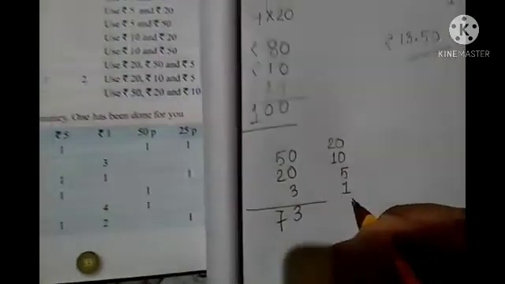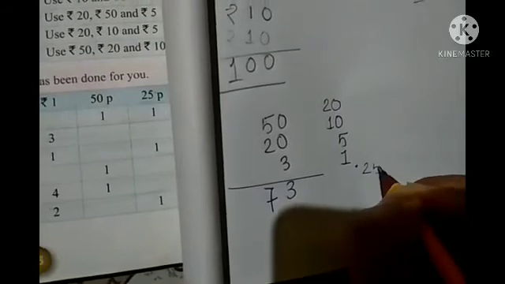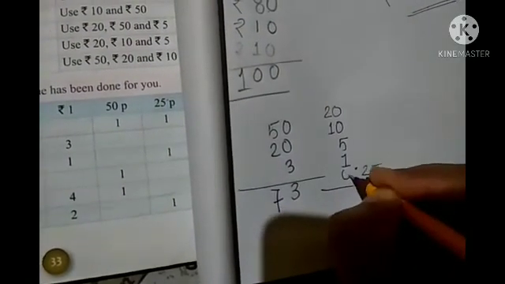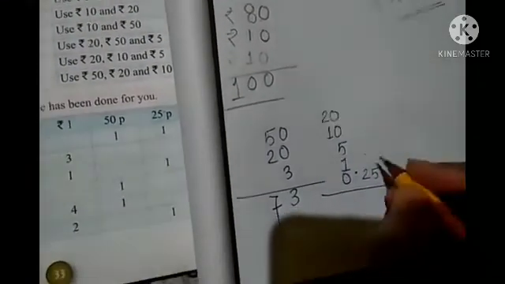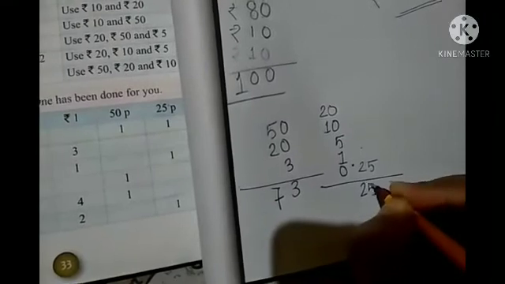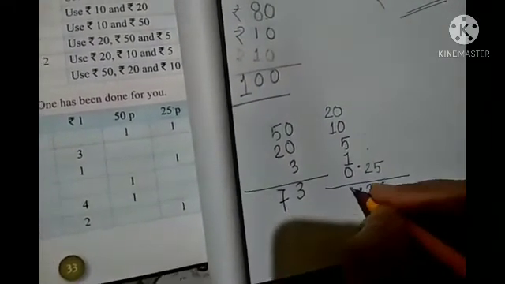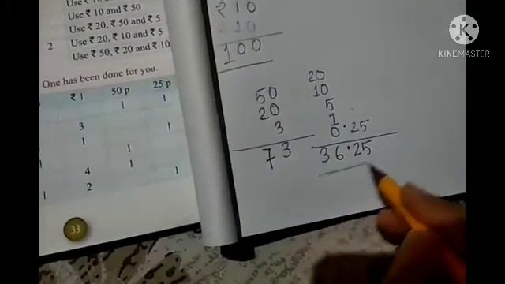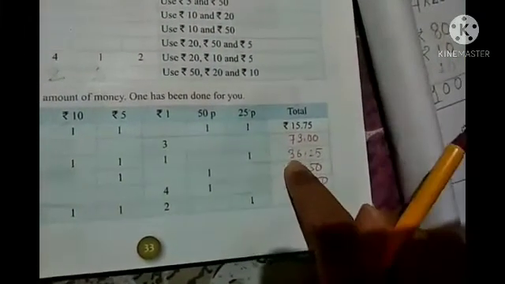So where will you write this, students? You have to write after the point. Okay? And if nothing is there, you can put 0. So 0.25. As you can see here, nothing is there, so directly you can write 25. Then you have to put the point. Okay? Then 5 plus 1 will be 6, and 2 plus 1 will be 3. So the answer will be 36.25. Let's see. Yes, this one is also correct.